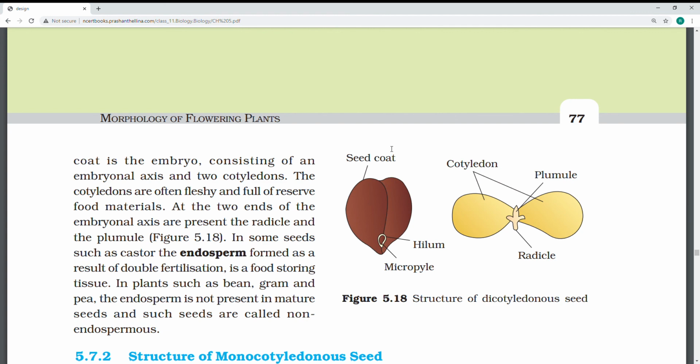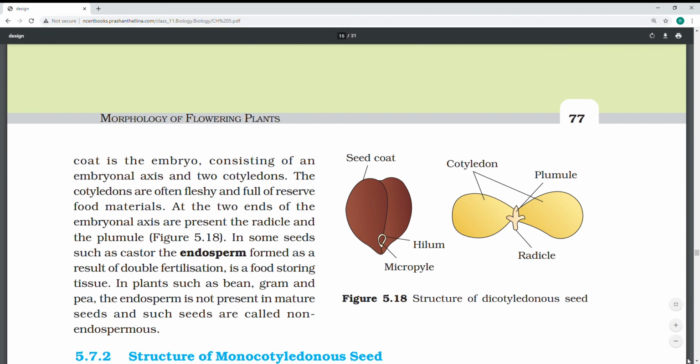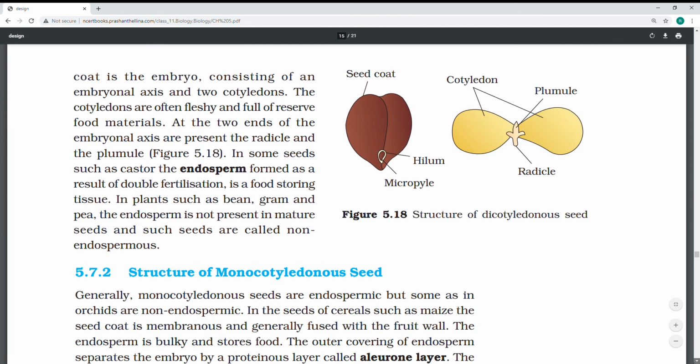You see here, when the seed grows, the stem comes up, the root goes down. That is nothing but the radicle and plumule, the names. It is going down, it goes up. So these are the descriptions of the parts. Because of these cotyledons, two cots, this is called dicotyledons. When it is like this, that is called endosperm.